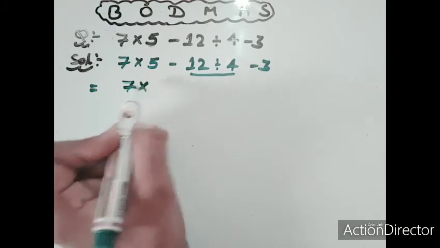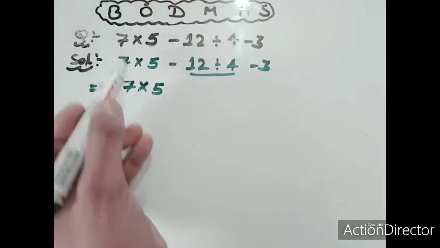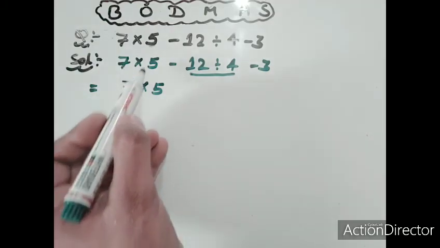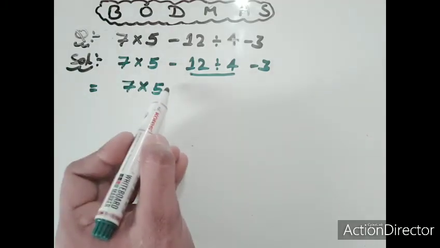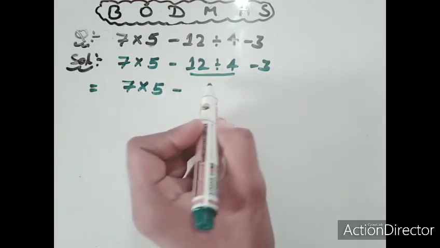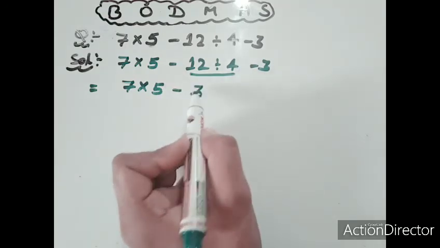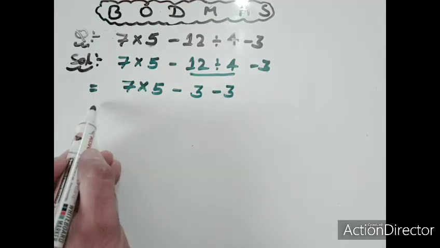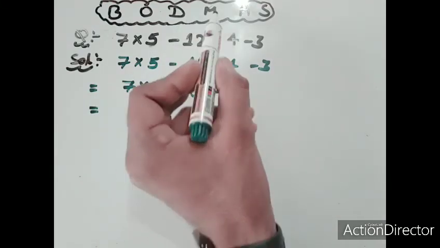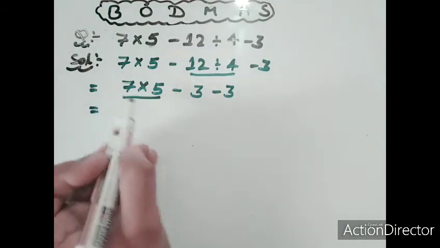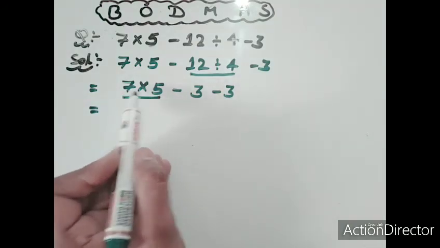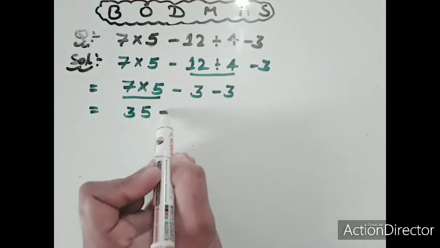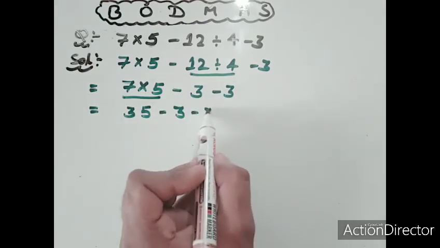So here we write 7 multiplied by 5. We write other numbers and other operations as they are: 7 as it is, multiplication as it is, 5 as it is, this minus symbol as it is, and 4 3s are 12, so we write 3. Now we write minus as it is and 3. Right. After division, here we solve multiplication. So here is multiplication, so here we solve this part of this question. 7 5s are 35. Write minus as it is, minus 3 as it is.